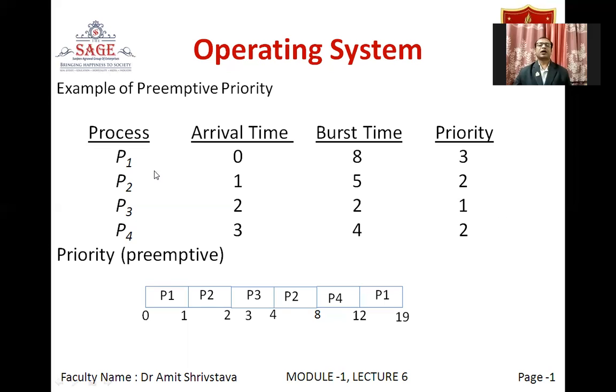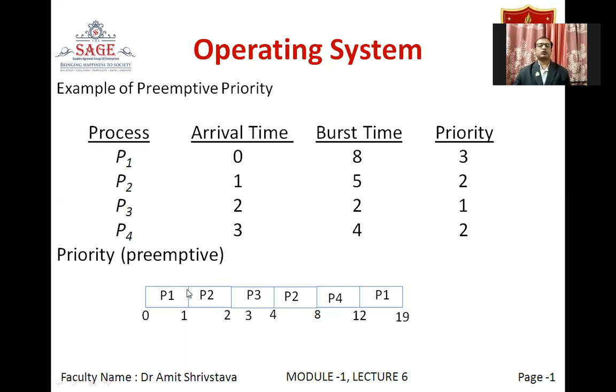So among these 3, the highest priority is that of P2 and P4 both. The process P2 and P4 both are having the same priority. So we will allot the CPU to P2 because we are not concerned here with the CPU burst. Though P2 is having the CPU burst of 5 and P4 is having the CPU burst of 4, we are concerned only with the priority of that process. So both are having the same priority, and P2 has arrived first, then the P4. So we will allot the CPU to P2. Okay. So after P3 finished, we will allot the CPU to P2.